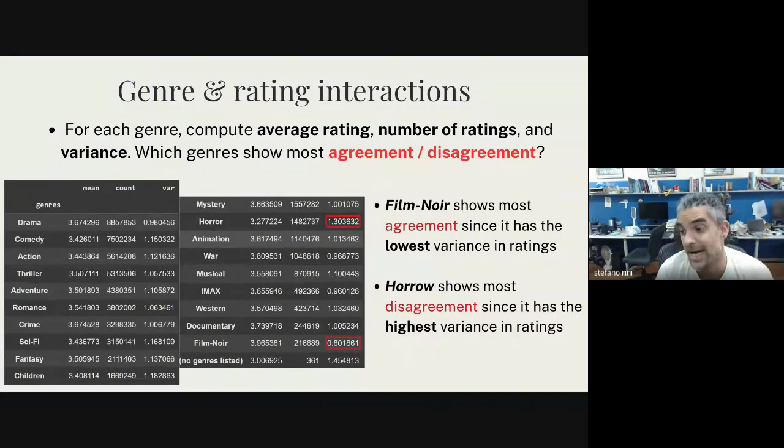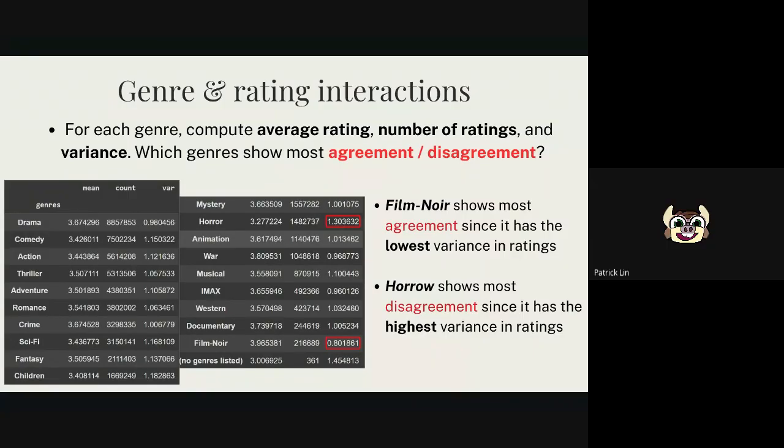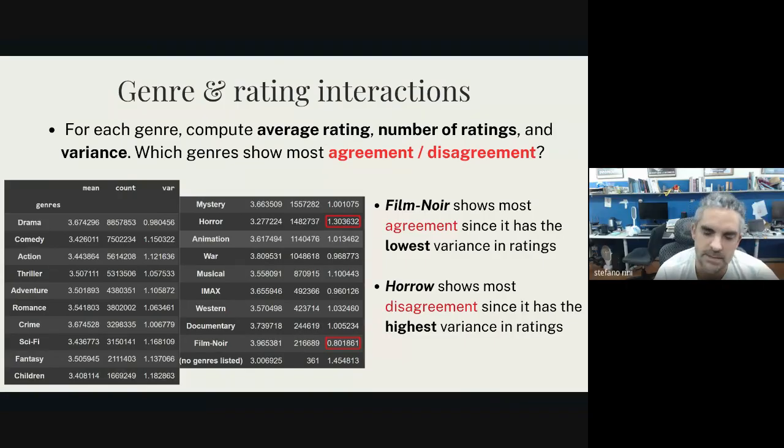and also the highest variance, because it reflects the fact that there is a sub community that really likes them and gives them a high score, but then a bunch of other people do not like them and give them a very low score, and this results in a high variance. So the people who like it really like it, and the people who don't really hate this movie. Very polarized. In fact, the count of ratings of the film noir is very small because only